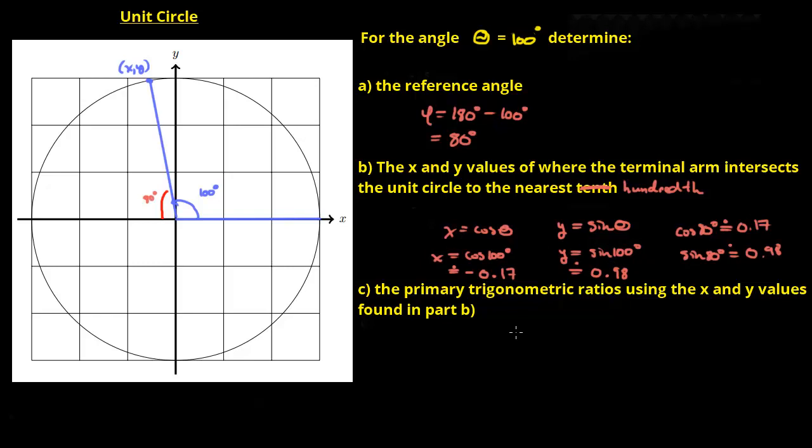So lastly, it wants us to figure out the primary trigonometric ratios using the x and the y values found in part B. If we use the x and the y values that we found in part B, we're going to get an approximate value for the primary trig ratios, because we've rounded our x value and we've rounded our y value here. So we know that the sine of 100 degrees is approximately going to be 0.98,